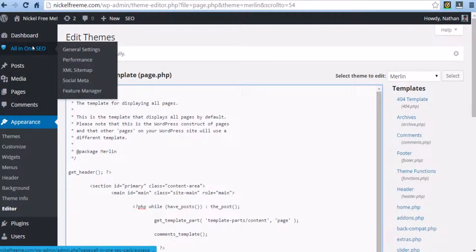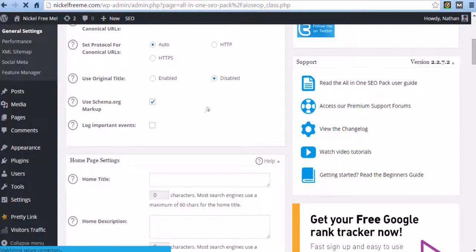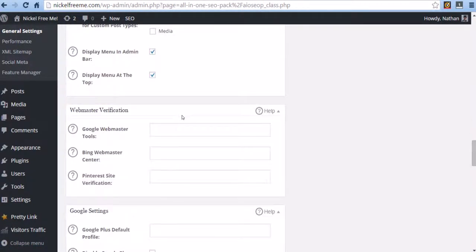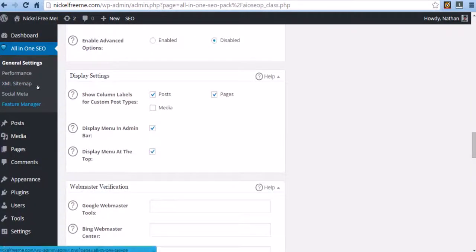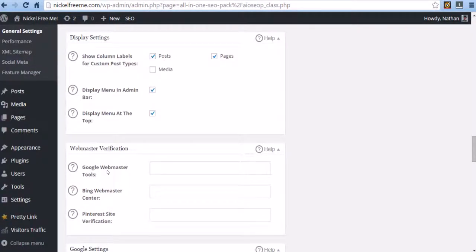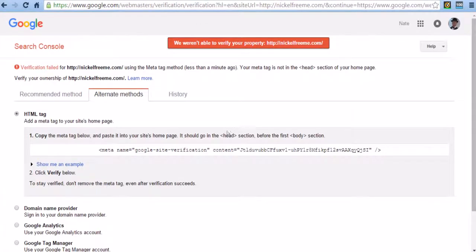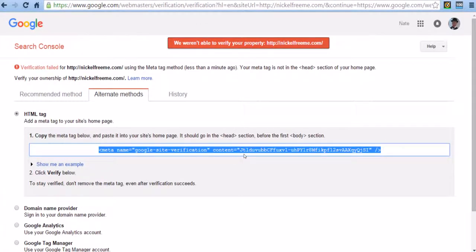We're going to try one more thing. So if you have the all-in-one SEO plugin, you can come down here and there's a Google Webmasters tool. If you just go on all-in-one SEO, general settings, and then come down, and then it should say Google Webmasters tools. What you want to do for that is you just want this piece of text right here,